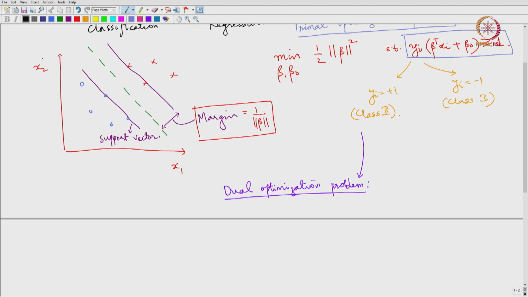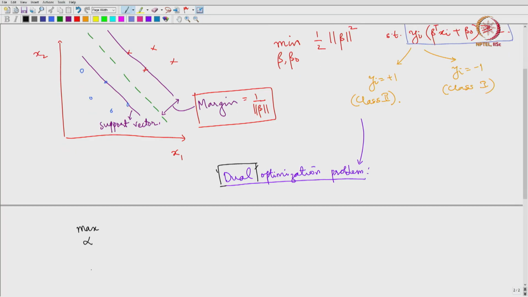So, like I said, this minimization primal problem is converted to a dual optimization problem. You need to read about duality in optimization theory. There is not enough time to cover this in this course, but you are free to do that, and if you implemented the constraints through the method of Lagrange multipliers, you can show that the dual problem is simply maximization of these alphas, which are actually the Lagrange multipliers used to introduce the constraint. So these alphas are the Lagrange multipliers,